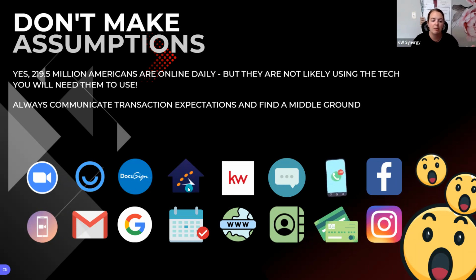Home by ShowingTime, if you're allowing your seller to control the showings in their property, if they're using your KW app, texting, phone calls, that is an app. Facebook, FaceTime, if you are FaceTiming them, if they're long distance clients, email, if they're using any kind of Google Suite as far as